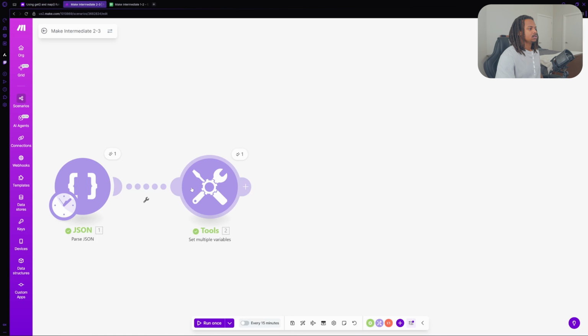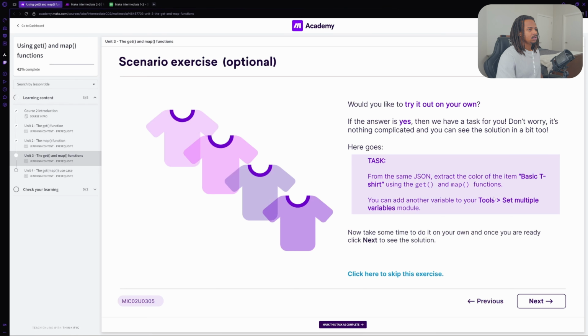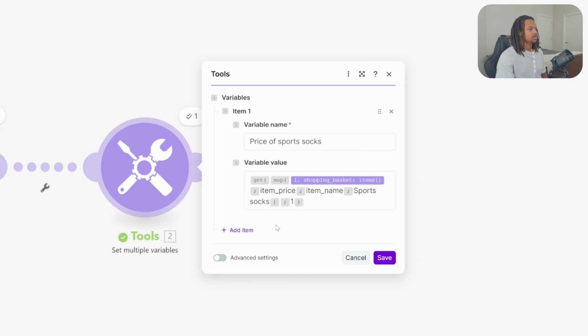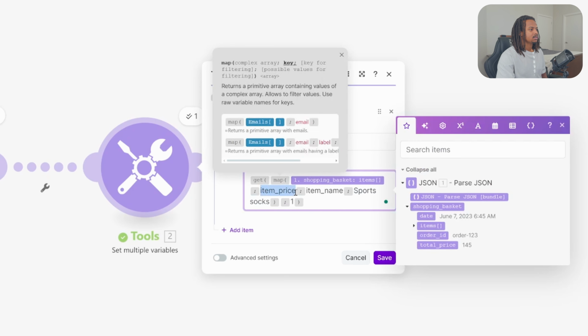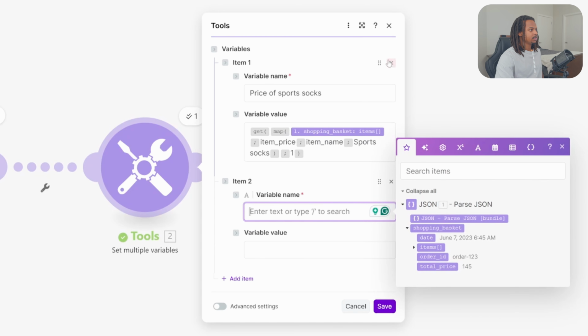So I'll just go into the set multiple variables module, and we're pretty much doing the exact same thing. It says it wants us to extract the color of the basic t-shirt. So basically, if I'm not mistaken, we're just replacing this item price with item color, and then we're replacing sports socks with basic tee. So let's see if I'm correct. I'm just gonna add another item in this same module, we'll name it color of basic T,